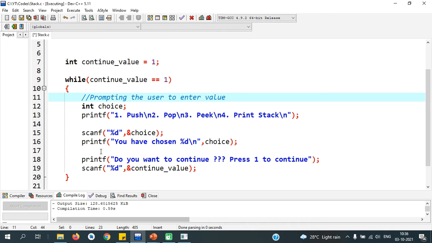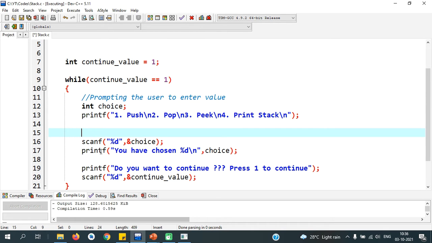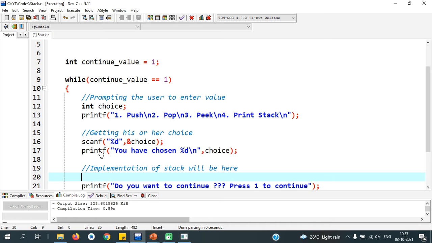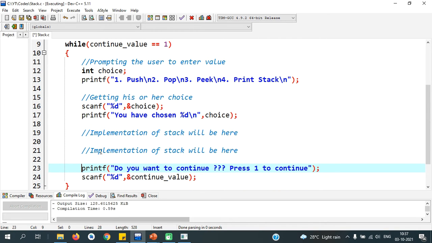So this is comments just for our reference. Getting the charge and then, so the implementation of stack will be here.